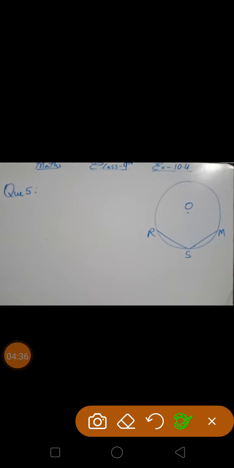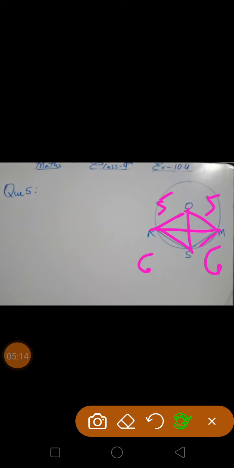The distance between Reshma and Salma is 6 meter, and between Salma and Mandeep is again 6 meter, and the radius of the circle is given as 5 meter. So we need to find the distance between Reshma and Mandeep, means we need to find RM. The radius is given, so we draw the radius OR, which is 5 meter, OM is also a radius of 5 meter, and we shall also join OS, which is also a radius of the given circle. In this way we will do the construction.